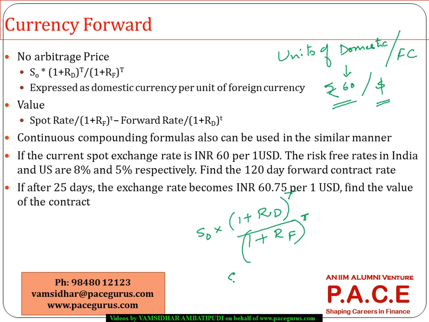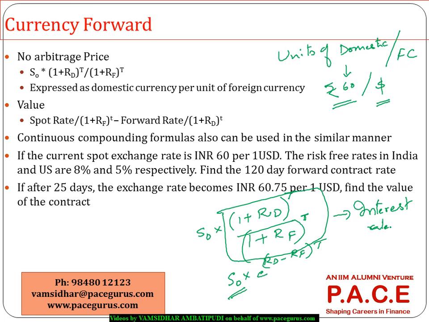There could be a continuous version of it also, wherein instead of 1 plus r, we take it as e to the power (rd minus rf) into t. Either of the ways, the difference may not be that significantly big. We can look at these things. So this is what will give me the foreign currency forward contract based on the spot exchange rate, and this particular relationship is nothing but the interest rate parity relationship, which is based on the interest rate differentials